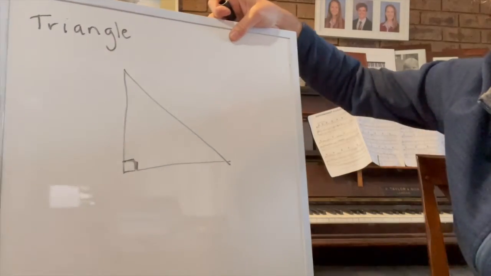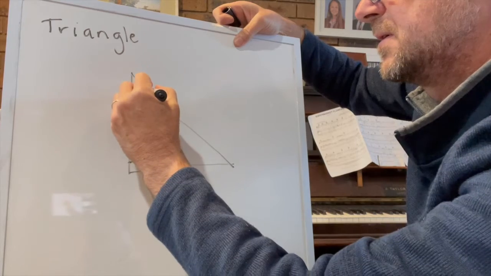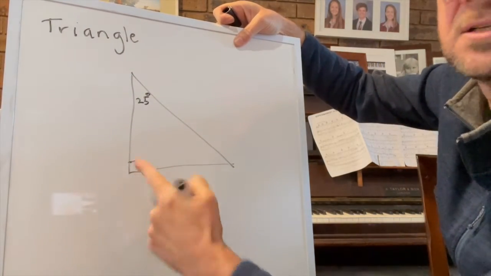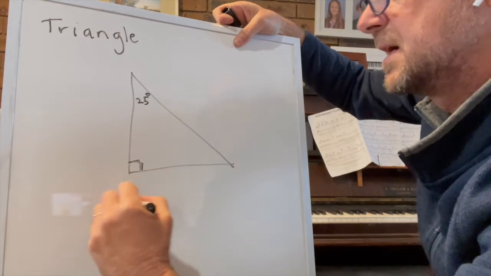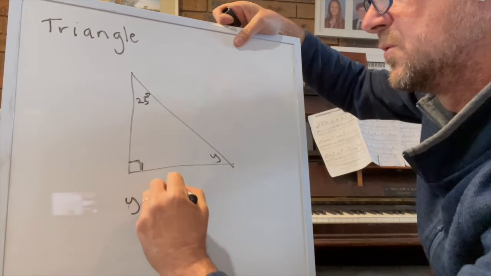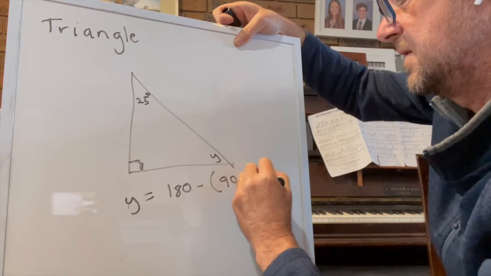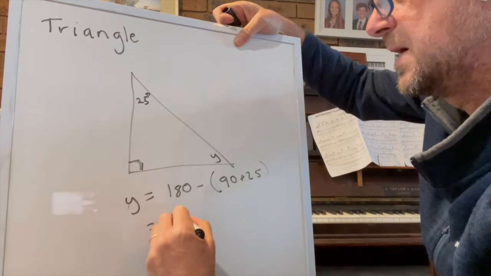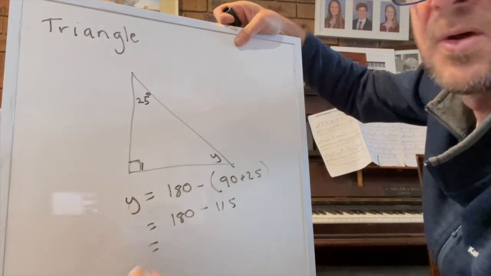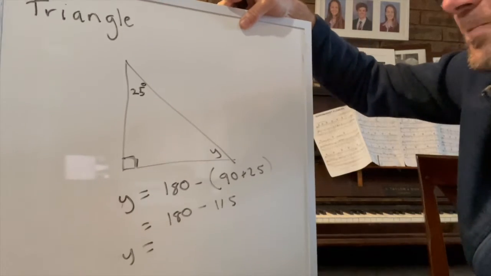Okay, and we're told perhaps that this one here is 25 degrees. Then what we know is this one's going to be 90. So we know then that the total is going to be 180. Let's give this one the y. It's going to be y is equal to 180 take away 90 plus 25. So 180 take away 115. So our y value here is going to be equal to